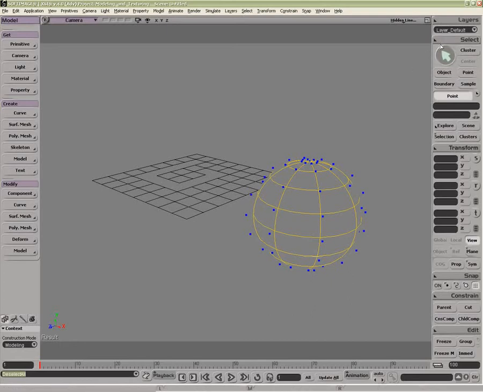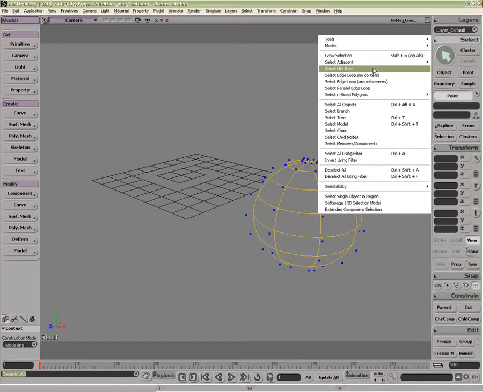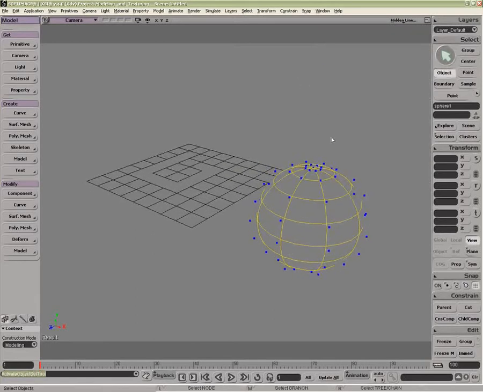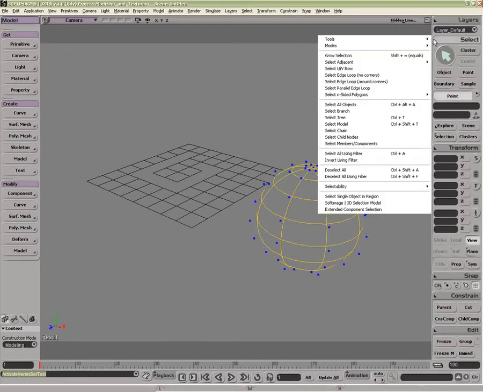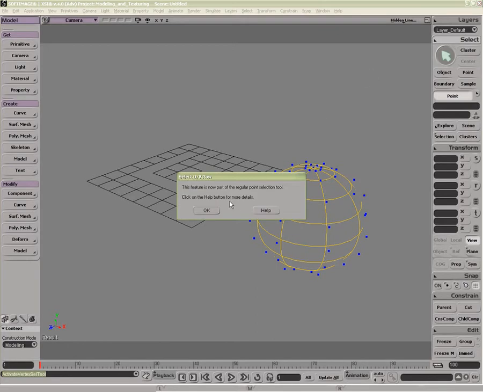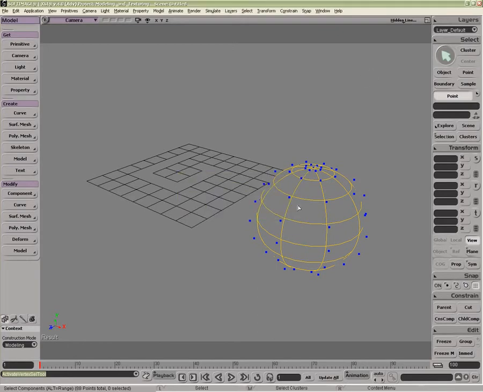We're now going to look at the UV and edge selection and range selection. This is a NURBS sphere. If I want to select U or V, I can select UV row. But this feature has changed to be part of the range selection. So if I wish to select these points in U or V,